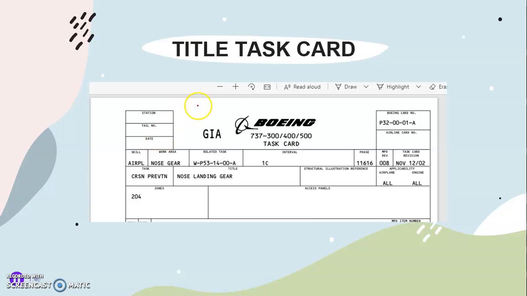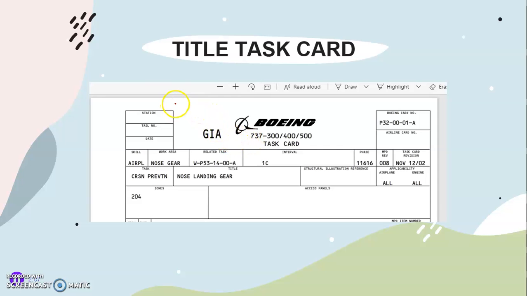This is a typical task card nose landing gear. Boeing is a company from an aircraft. The series is 737, 300, 400, and 500.